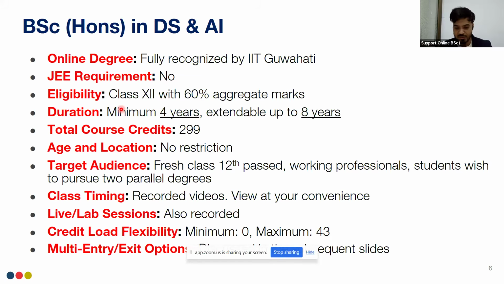The reason behind waiving off this criteria is to make this course globally accessible to everyone. There are students and working professionals who show a strong interest and inclination towards data science and AI, but they might not have mathematics in their class 12 standard. That actually prevents them from accessing these courses, right?